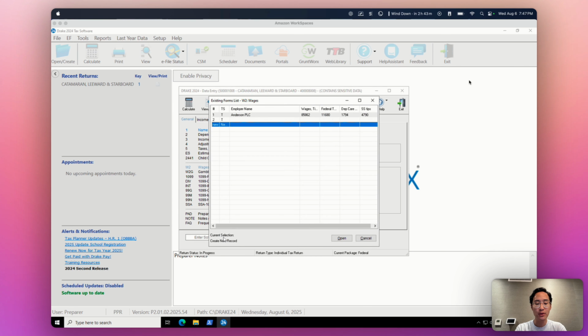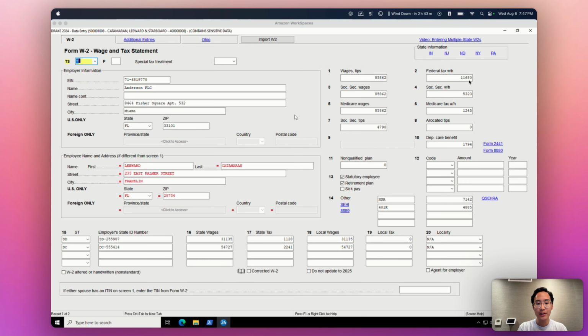Here's another dynamic step here. So what I've tasked it to do is essentially look at the existing forms list and then click on an existing W-2. I know this might not be exactly what will work in production, but this is just a proof of concept for you guys. So now we're at the W-2, and there's going to be a few more deterministic steps here